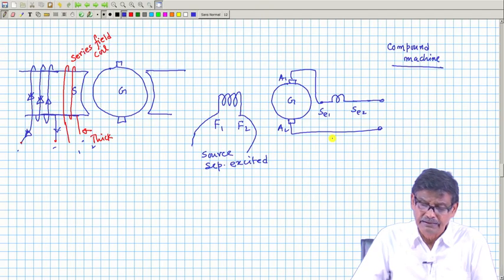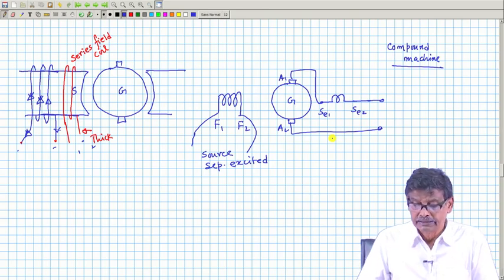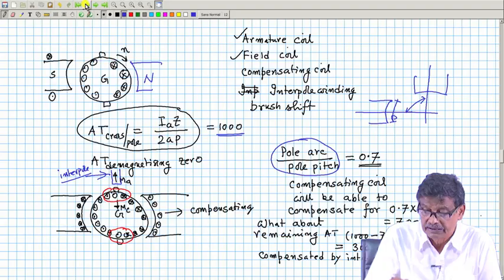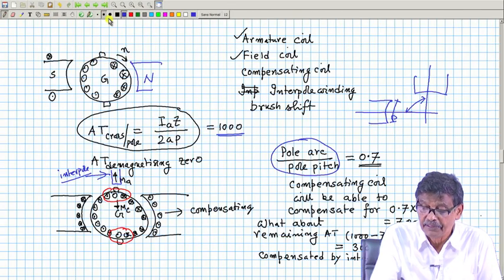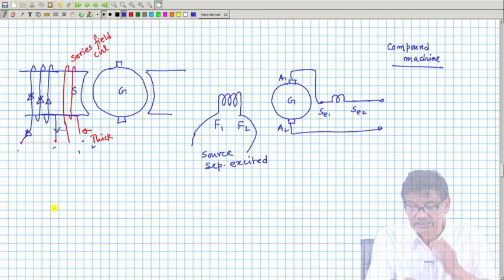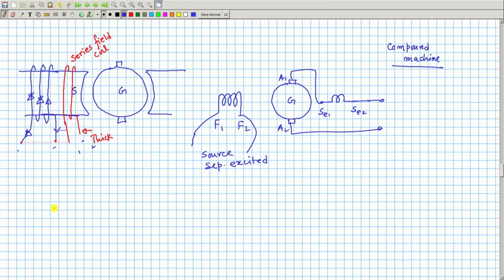Therefore, I can say that when the machine has only this one series field, with no compensating winding and interpole, this interpole flux really cannot be compensated. The only thing it will do is maintain the flux per pole the same. So, this is one aspect. Then the next aspect is